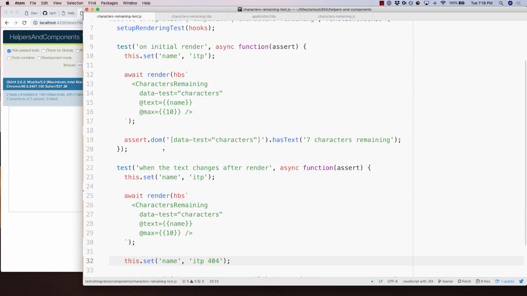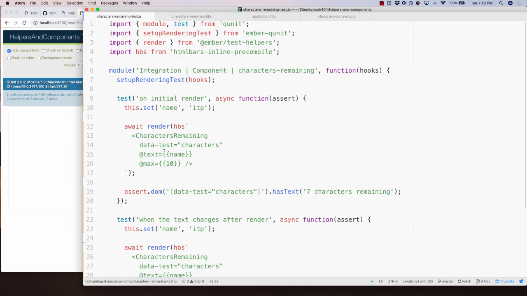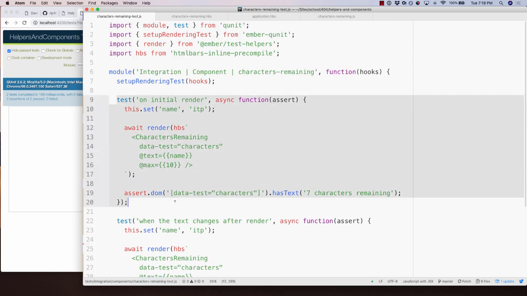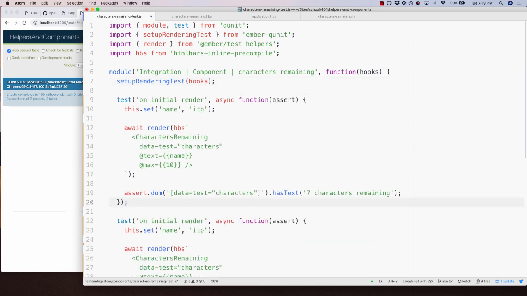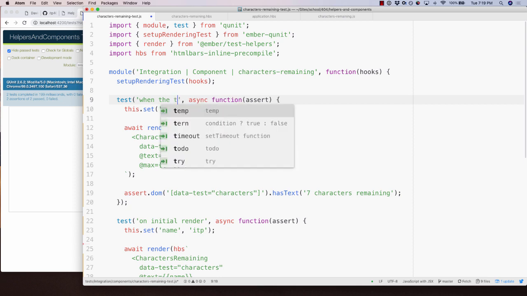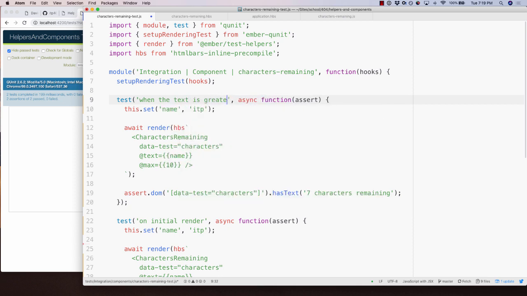Okay, so we have one on initial render, and then when the text changes. I'm going to copy this one test and paste it up here, and we'll say when the text is longer than the max number of characters. So in this case, maybe let's just decrease the max and say,